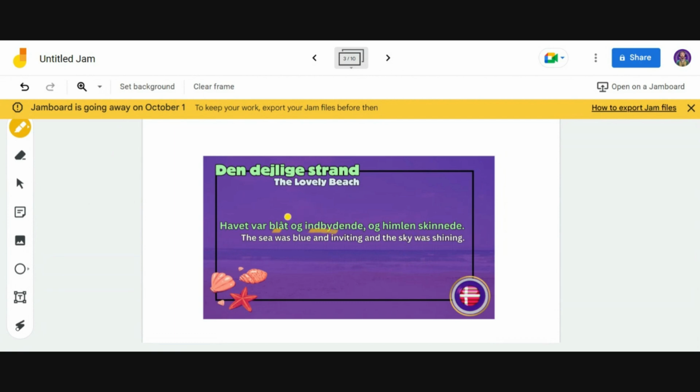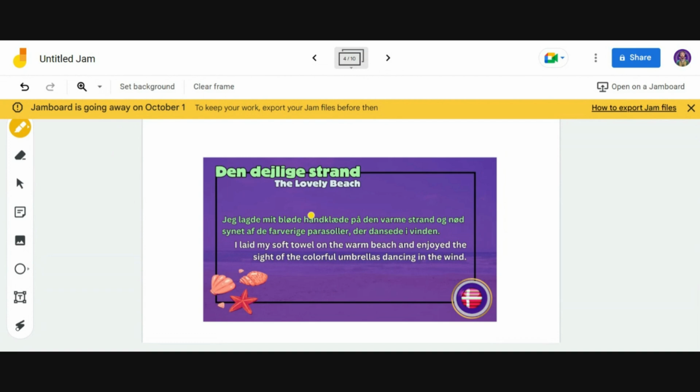Sådan, easy one. Havet, the sea, is a T word, so we have blåt with a T. But this one, indbydende, is a special adjective because it has this ending of ende. And there's many adjectives like spændende, inspirerende, motiverende, that all have this ending, and there's only one way to write these adjectives. Next slide. Jeg lagde mit bløde håndklæde på den varme strand, og nød synet af de farverige parasoller,